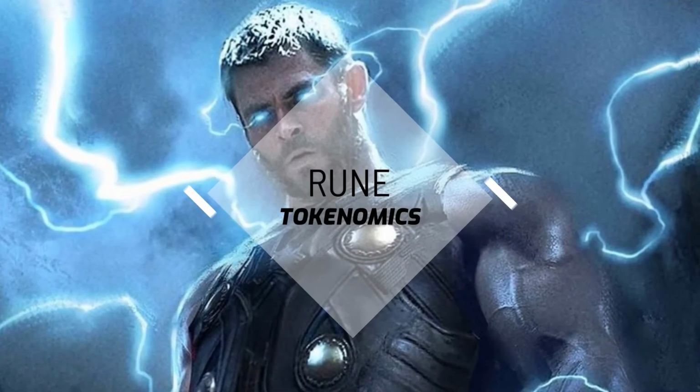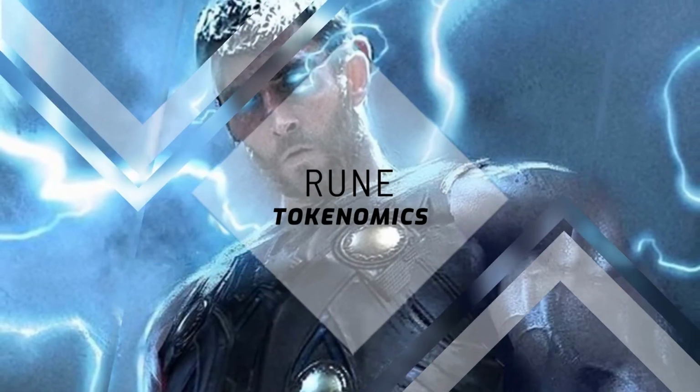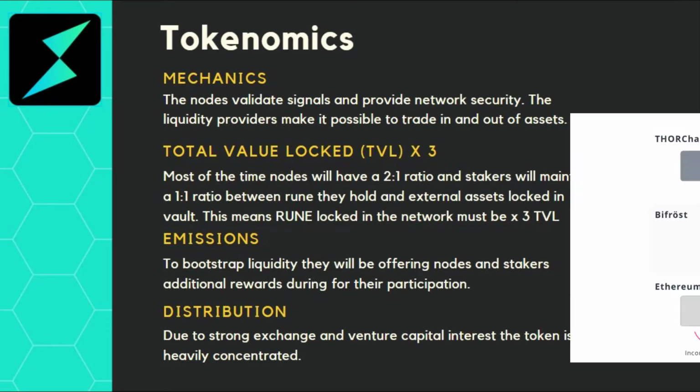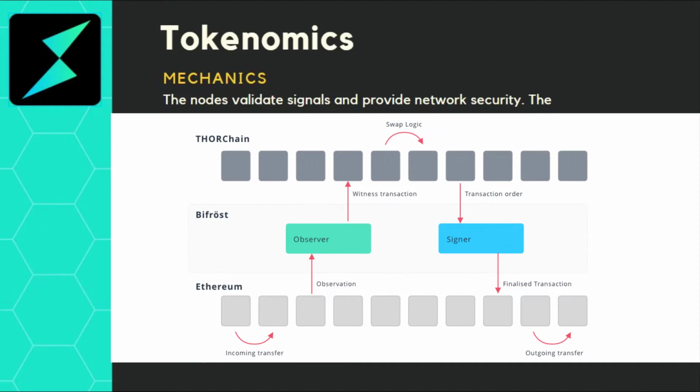Now we're going to go ahead and transition over to talking about the tokenomics. But before we dive into that, I think it's important to give you guys a bird's eye view of the mechanics. This way you know what the actors are responsible for and how the funds are being moved around. So the reason Thorchain is able to do cross-chain trades is because they don't actually store the tokens in one location. What they basically have is multiple vaults, and the nodes that are securing the network look out for signals, and when enough of them confirm a signal, tokens are moved.